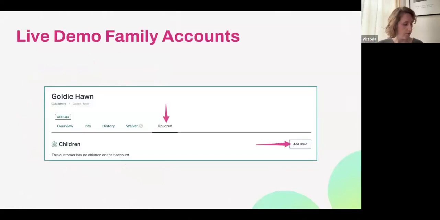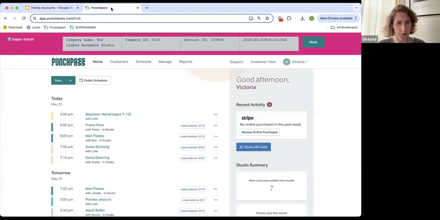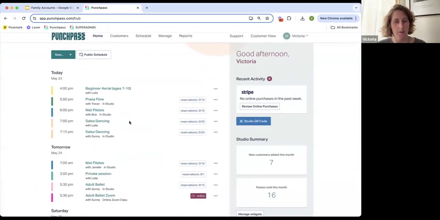But really, the focus of today is jumping into the system. Let's go live now into my demo account, where we can get a feel for family and child accounts in action. So first, we're going to talk about it from the admin side, and then we're going to head to the customer point of view. So from the admin side,